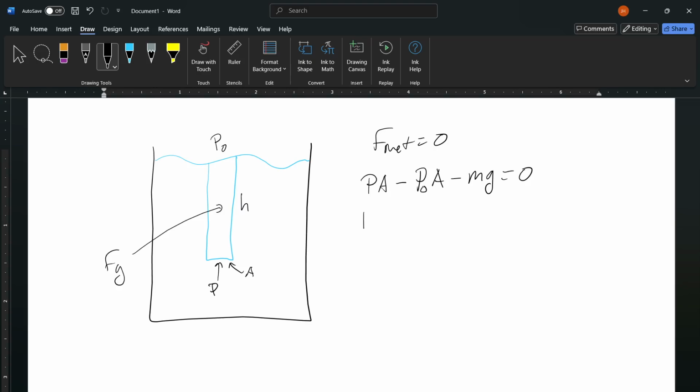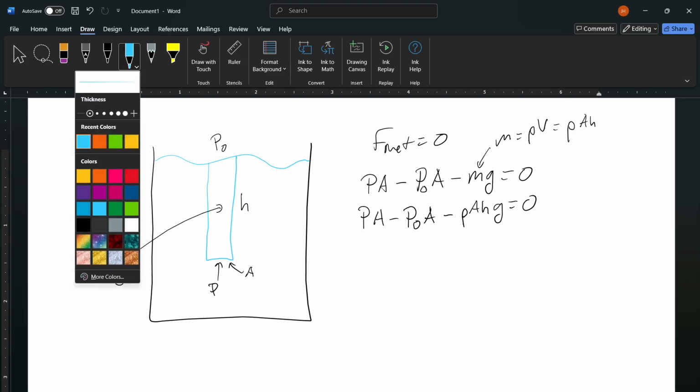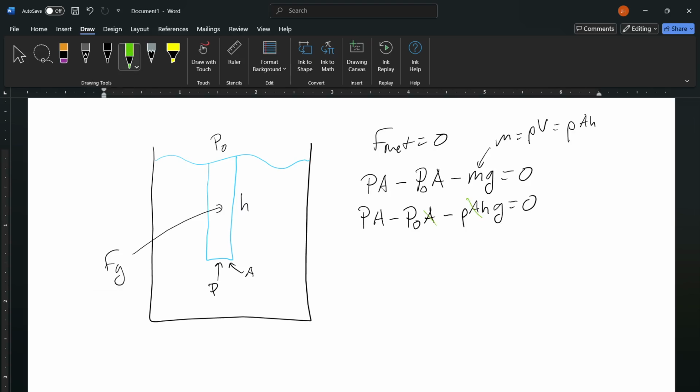So now I can write PA minus P0A minus rho, and then the volume would be A times H, g equals 0. So remember, what we did here is mass equals rho V, which in this case is rho AH, because it's a cylinder of height H and cross-sectional area A. Now that's really nice because we can cross out all of our areas, so that arbitrary column of water didn't matter. The only thing that's important is the height of that column,